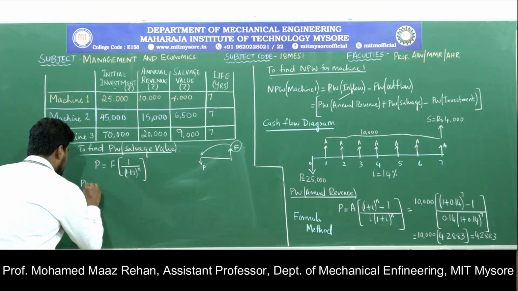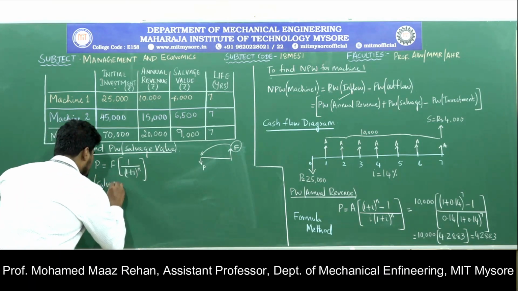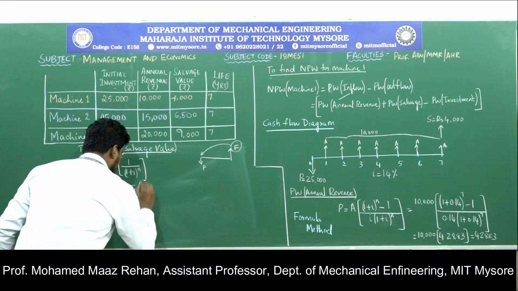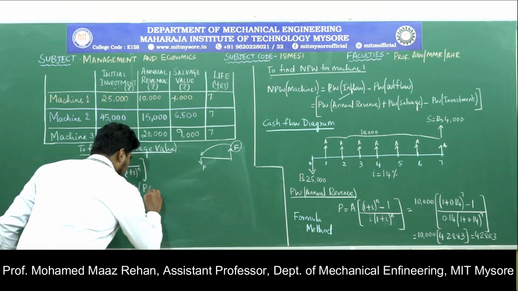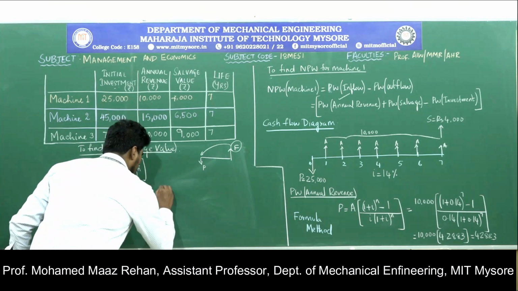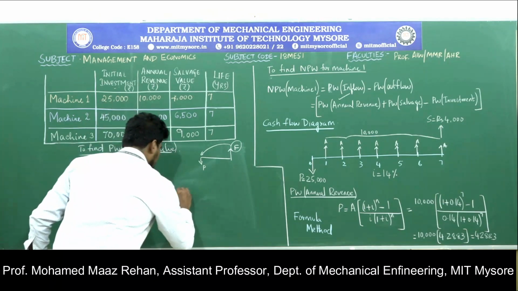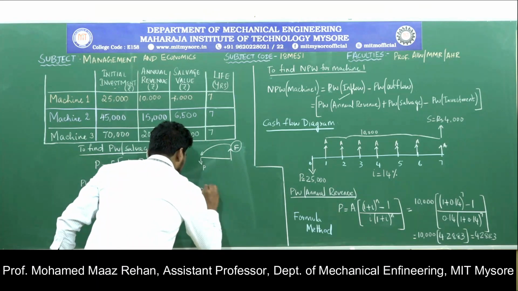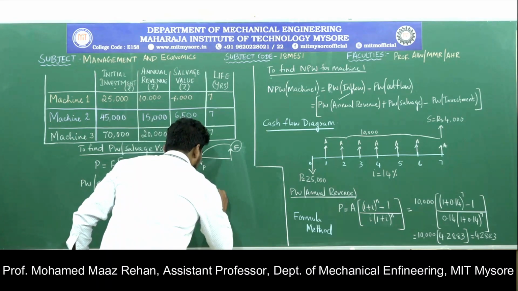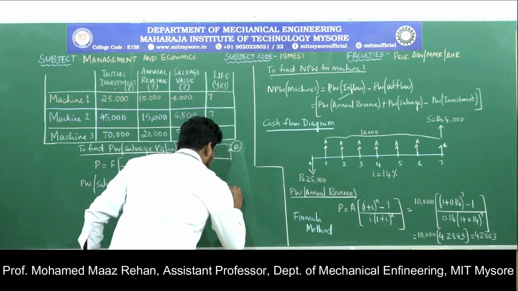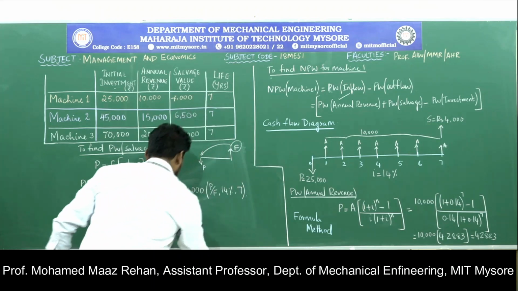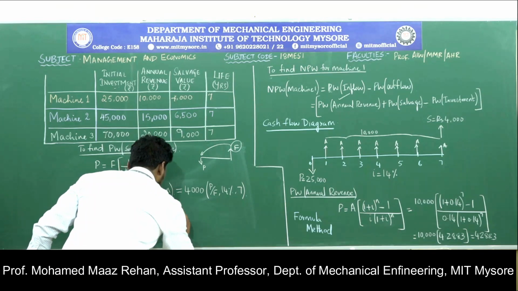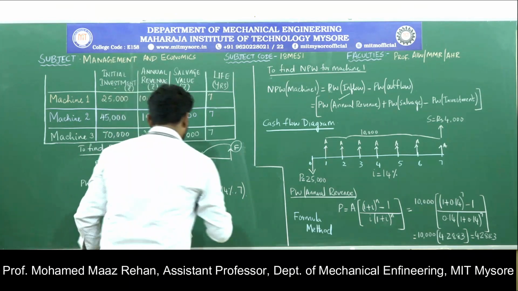So we can write present worth of salvage value as F into (P/F, I, N), to find P when F is known. How can we write this? Future amount we know; future amount is nothing but salvage value, that is 4,000. To find P when F is known, I they have given as 14%, N they have given as 7. So what will be the answer you will be getting? Salvage you will be getting as 4,000